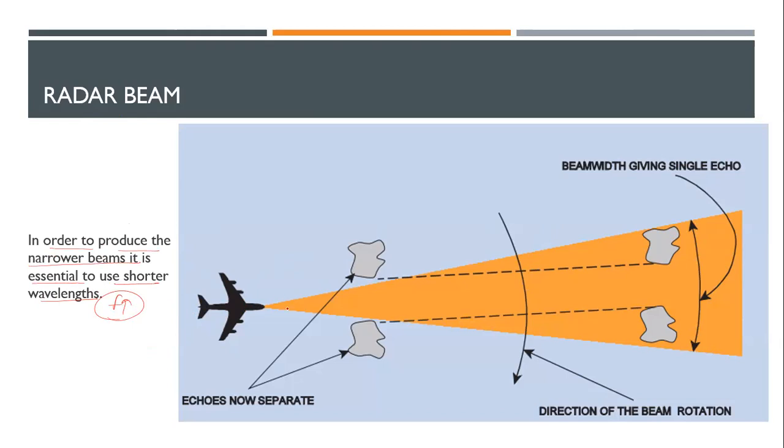Okay, you can see the aircraft. If it had a broad beam, what will happen? If I draw a broad signal, I will not be able to capture these, because these clouds will interfere. If I have a narrow beam, I'm able to get the signals from these, or I'm getting the wave returns from these. That is the reason we use a narrow beam.